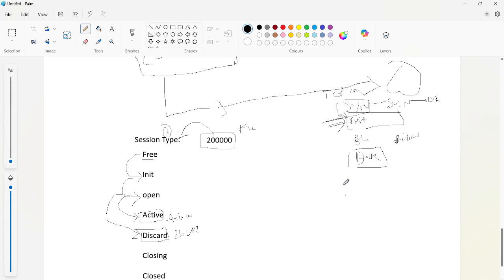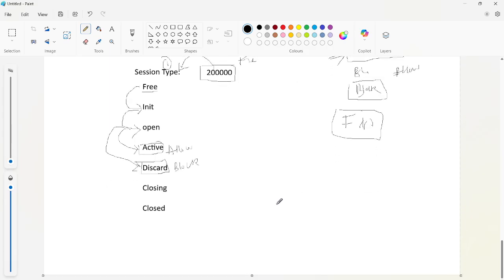So here we are sending a FIN packet. If the firewall gets a FIN packet from either the client or the server, from any of the states it will move into the closing state. In the closing state, the firewall will not close the session completely. It will get a FIN from one side, but on the other side the session is still open. So we can say it is half close, or half open. The session is said to be half open, and still the firewall will be monitoring the session.